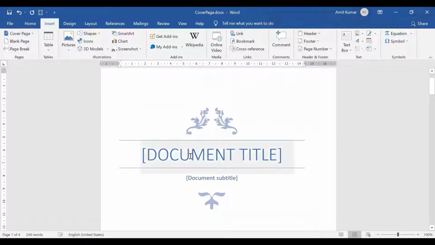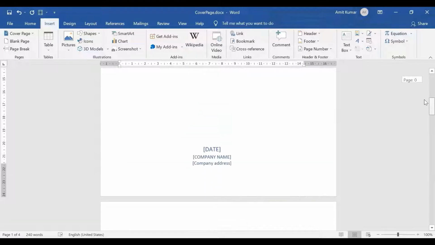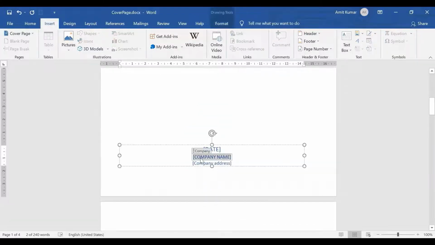So you can give your document title, let's say science, and document subtitle you can give as food and health. So this way you can change the sample text to your text as per your requirement, and you can give the date, you can give this as your school name, let's say ABC Public School. You can give some address, let's say Pune, Maharashtra.